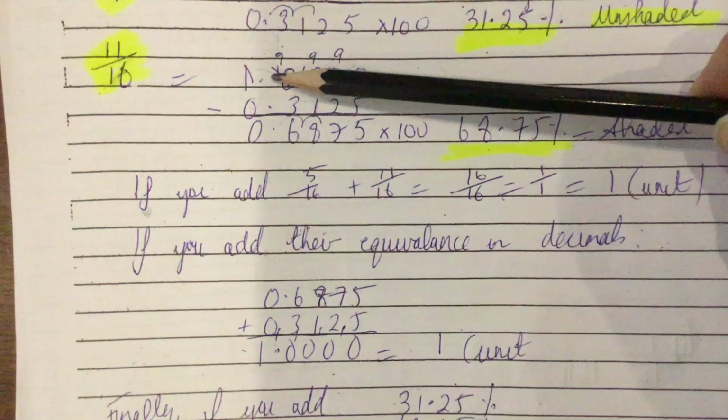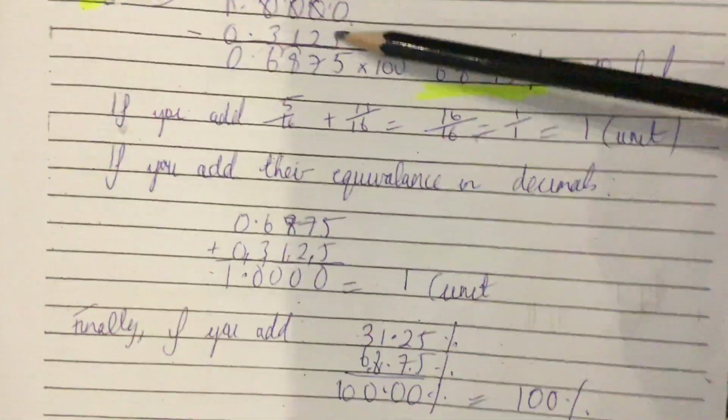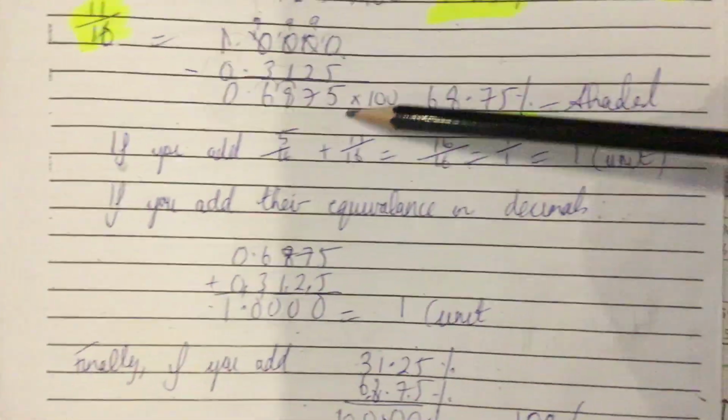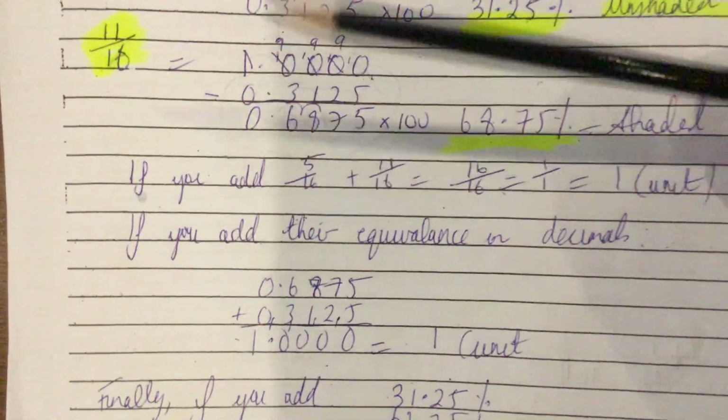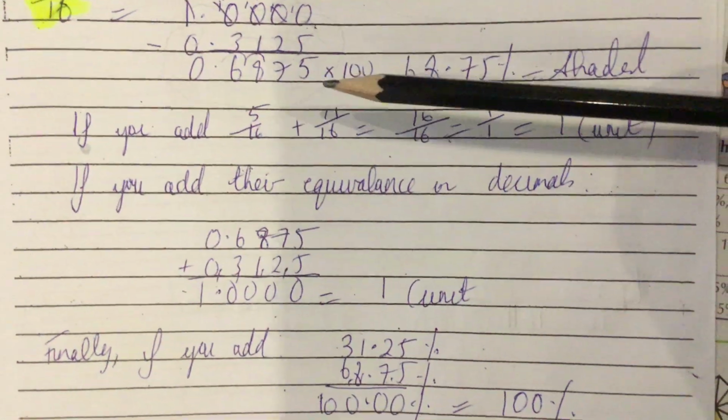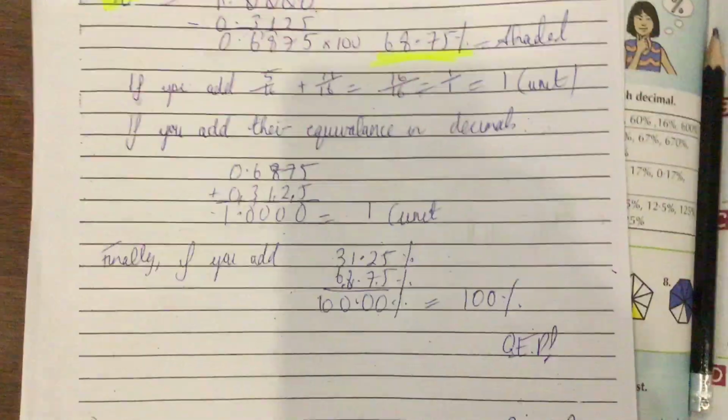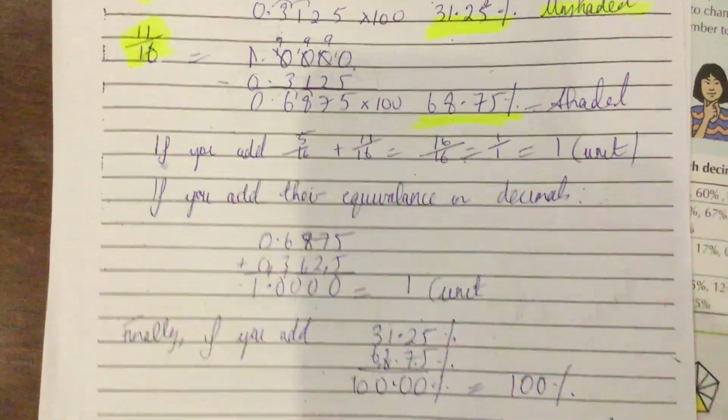I took this away from that, and that is what I got. If you add these two numbers back together, they should end up as 1.0000, which is 1, because 1.0000 to infinity beyond is still 1. Okay, then to convert